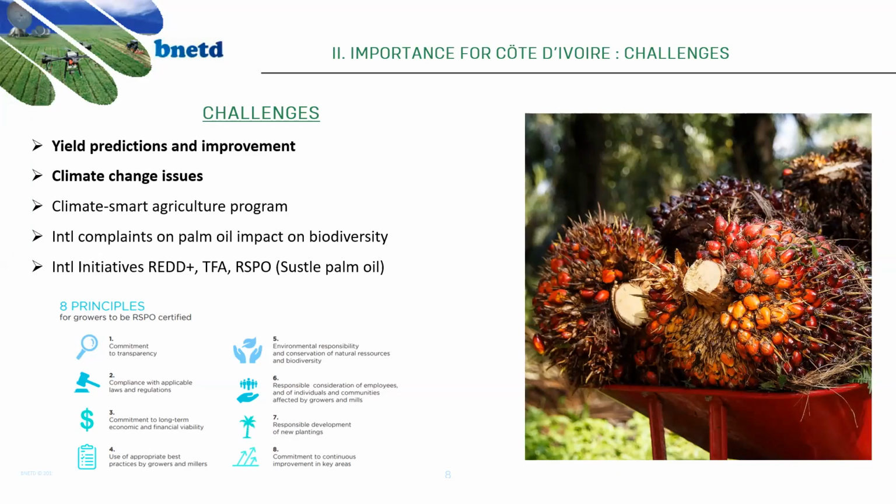And Côte d'Ivoire is engaged in some international initiatives linked to forest protection. So we have REDD+, TFA, Tropical Forest Alliance, and also RSPO. RSPO is a roundtable about sustainable palm oil. And one of the main principles of this RSPO is to plant responsibly new plantations of palm oil. It's also about transparency. So for all this challenge and for the importance of the palm oil trees in our economy,